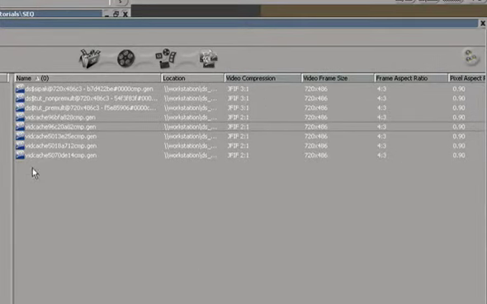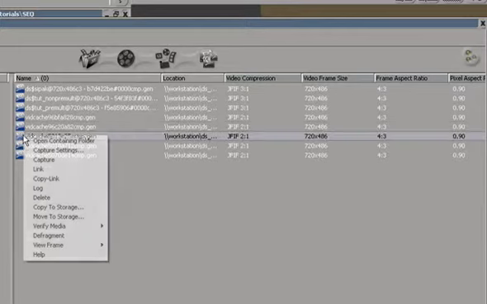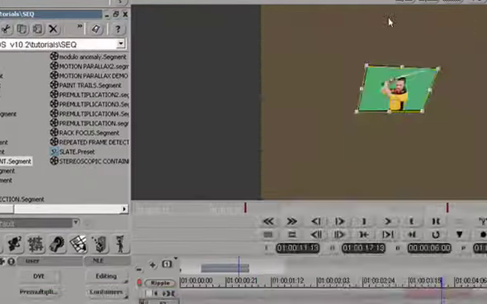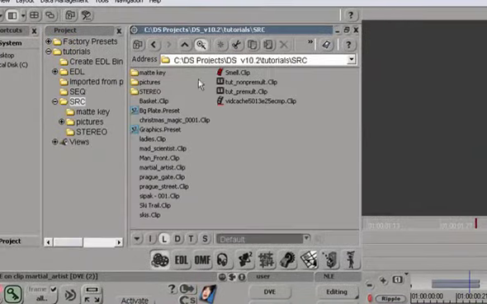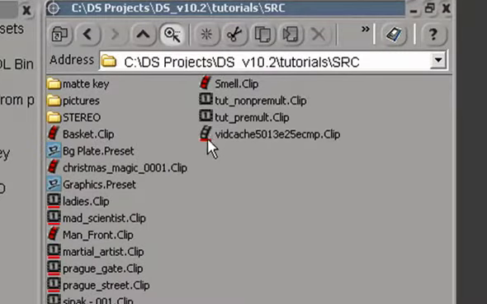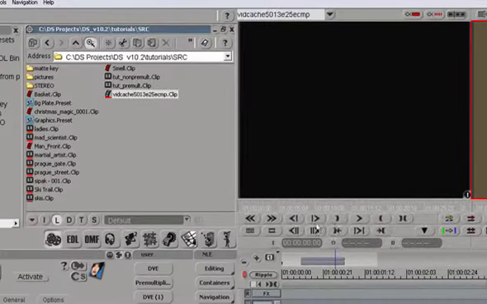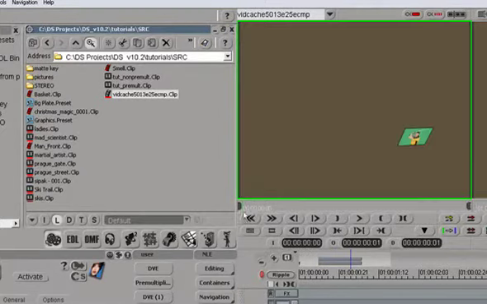And the last thing I wanted to show you in here is if you right click on any of these and select link, we have actually linked to the file. If I go here to my sources, you see there's a clip, a linked clip with that system determined cryptic name. Let's see what that cache is. If I load it here, press play. It's not very useful. It's just one frame of something we were playing with before.